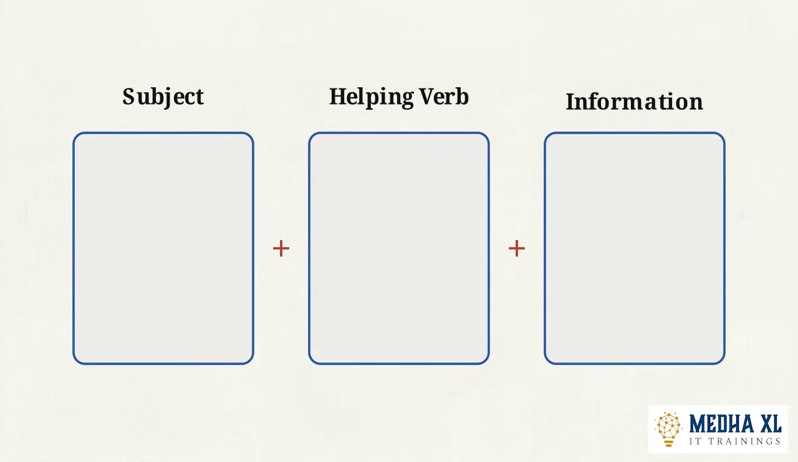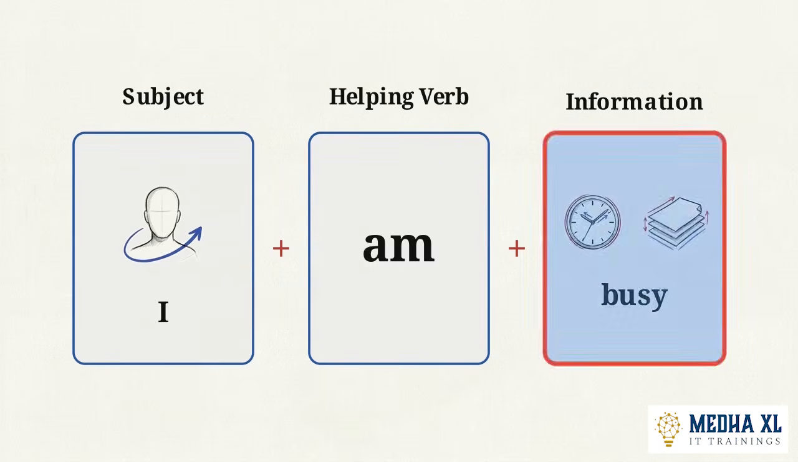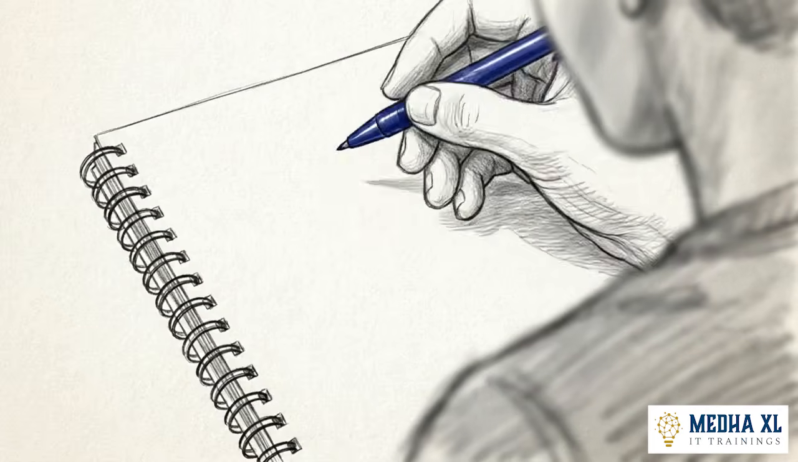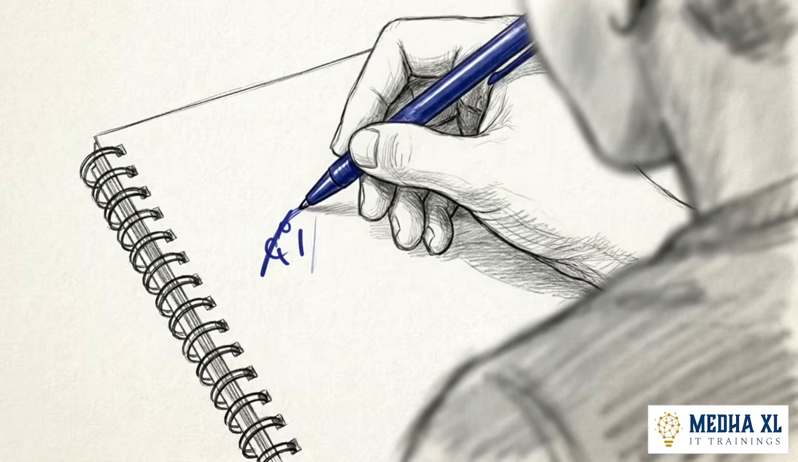To express a physical state, we lock in I and am for the first two blocks and drop hungry into the third slot. I am hungry. This framework is flexible. If you need to state your current situation, you just rotate the final piece. Now I am busy. Write down 2 I am sentences right now that describe exactly how you are feeling or